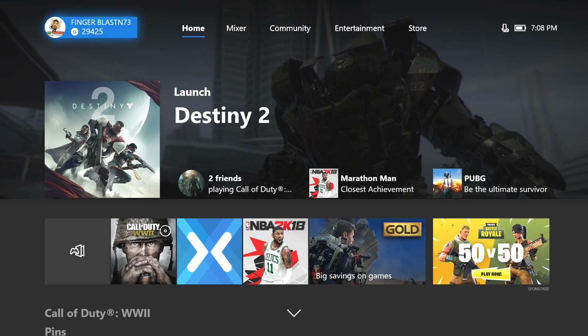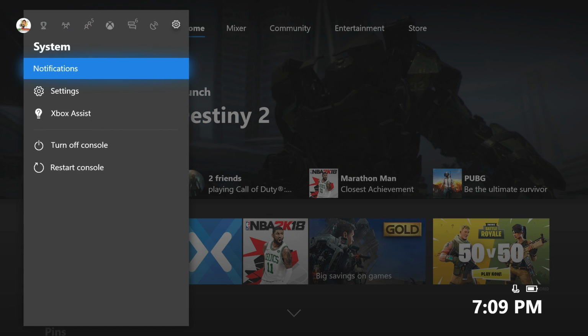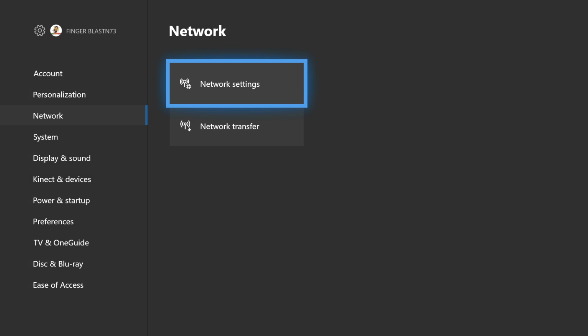Once you do that, you're going to want to go into your settings. Now, Xbox has changed the interface, or updated the operating system, I should say, and I really like it. I think it's a lot more responsive, and they've changed the outlook of it. But you go into your settings, and the way to do that is by going up and hover over your name, which you can see mine's Finger Blasting 73. But you're going to go up here and hover over your name, and then you're going to click on Settings,